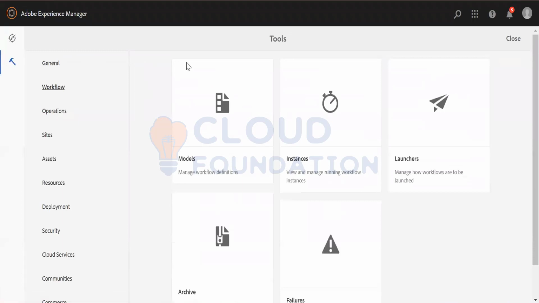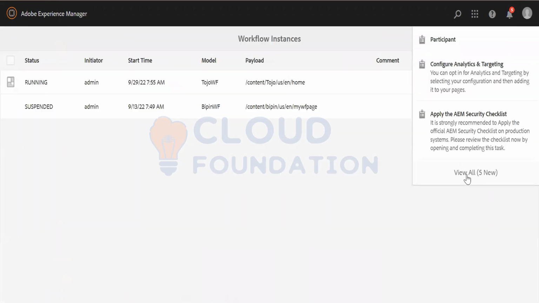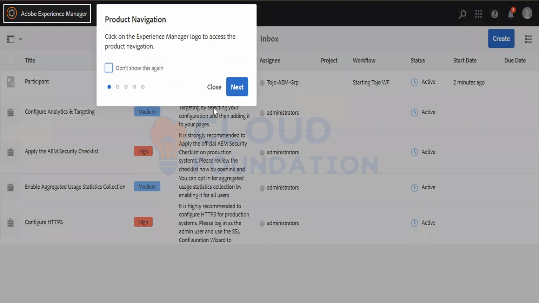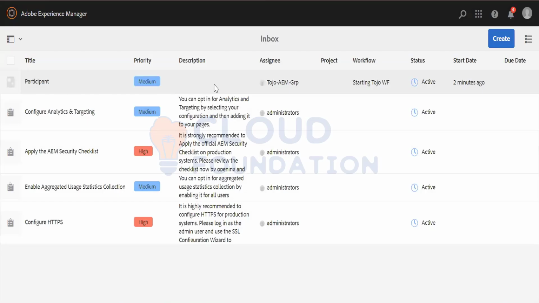But of course, it is not good for him to have to go every time. So there is an in-email concept as well. Here you see there is a bell icon. In this bell icon, the user can see which notifications he has got. So here he can see that there is a participant